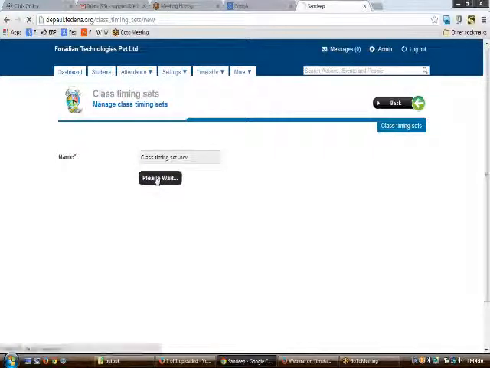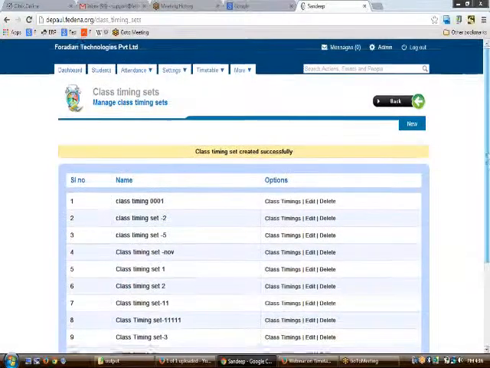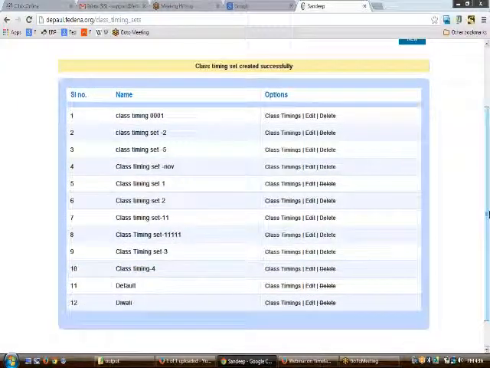Then you can just click on submit, and on clicking submit, the class timing set that you have created will come up along with the other ones that you have created previously.